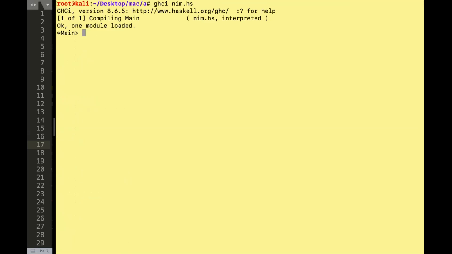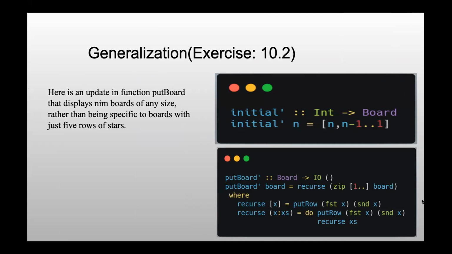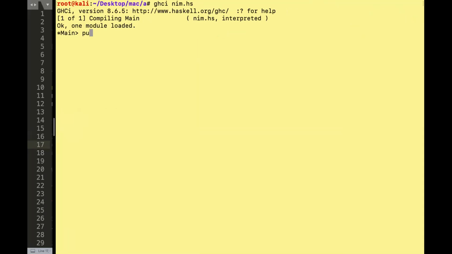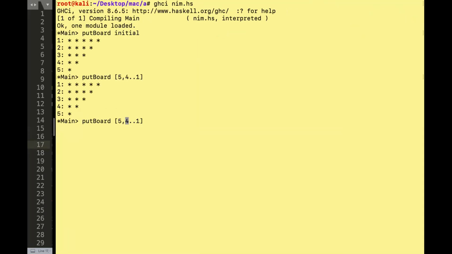Okay, so we have seen putBoard initial. Now it is printing 5, but if I give 5, 4, 2, 1, it will work. But from 6, it will not work.